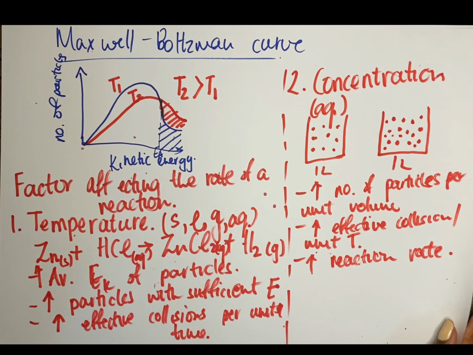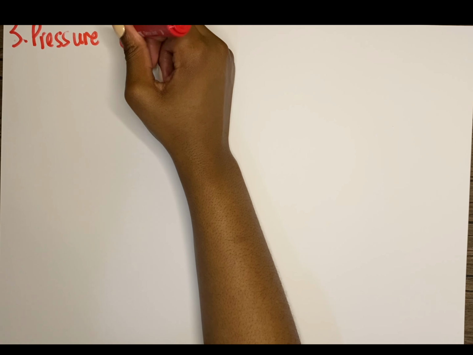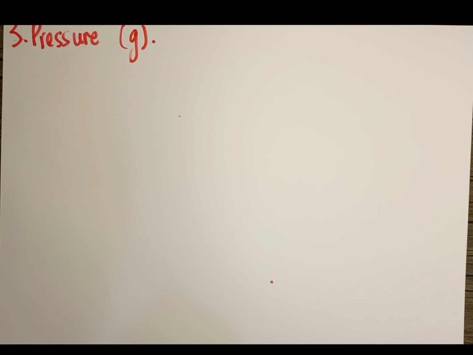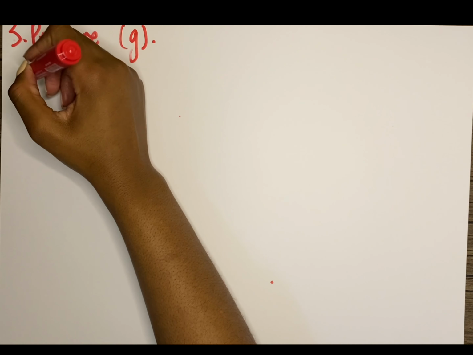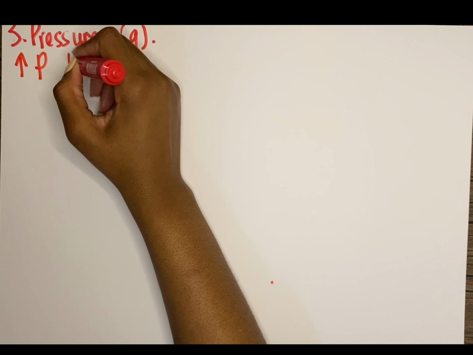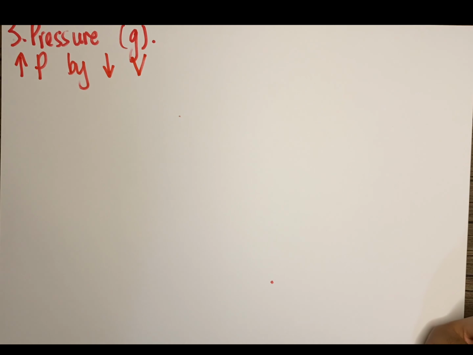And then another factor that can affect the rate of a reaction is pressure. Now, pressure affects gases, right? If I increase or decrease the pressure, I can increase or decrease the rate of the reaction. So how can I increase the pressure, P? I can increase pressure by decreasing volume. So if I had a certain amount of gas in a 1 liter container and I put the same amount of gas in a 0.25 liter container, then I would have increased the pressure, right? I keep the same number of moles occupying a smaller volume, which means